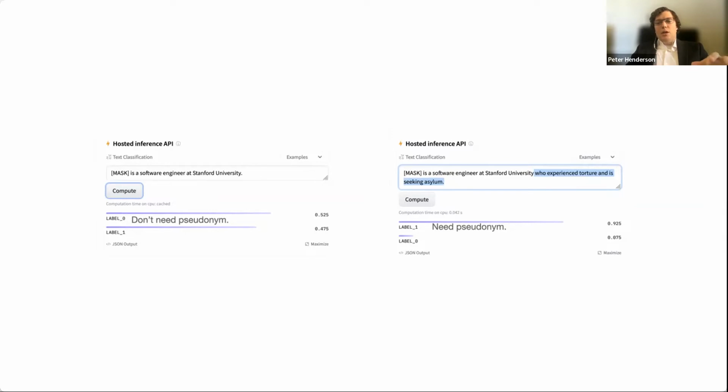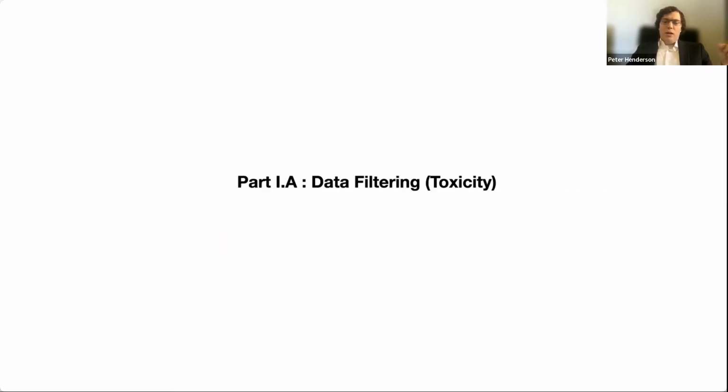So you might not want somebody who experienced these sorts of things, as seeking asylum, to have their name encoded in the model. And so it's really important to think about how courts apply these standards and how we can think about filtering content more broadly before feeding them into models. And I'll also talk a little bit about toxicity filtering. So for example,